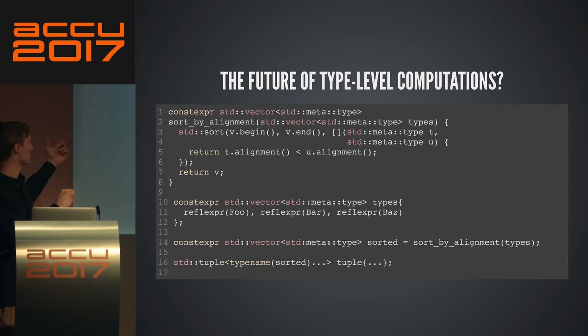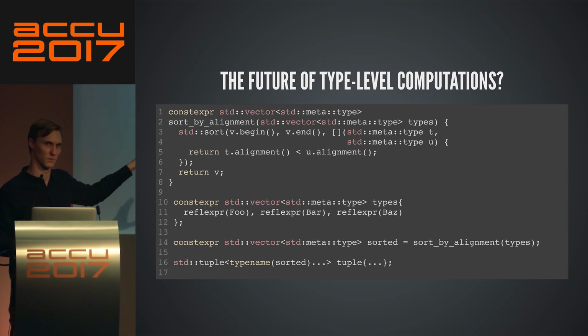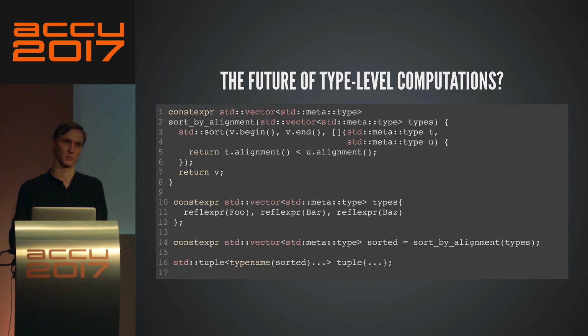And the algorithm just looks like, well, you give me a vector of types, and then I sort them using std::sort, not Hana sort, not MPL sort, not Fusion. Fusion doesn't have it. Not anything, just std::sort. That's pretty awesome, right? And then you just go, given a type T and a type U, sort them by alignment.